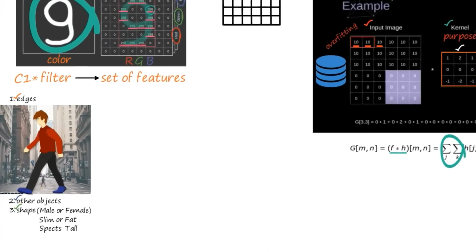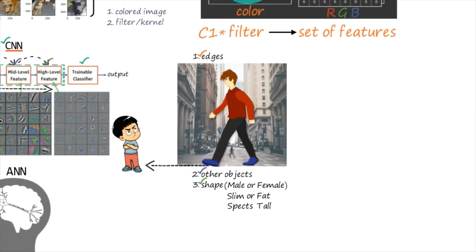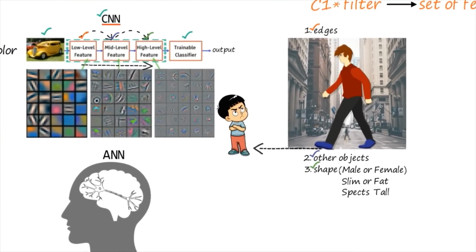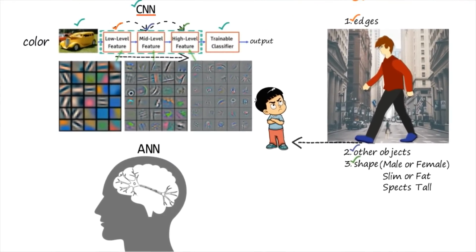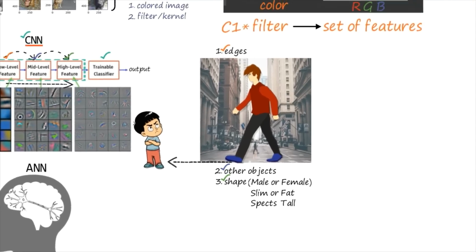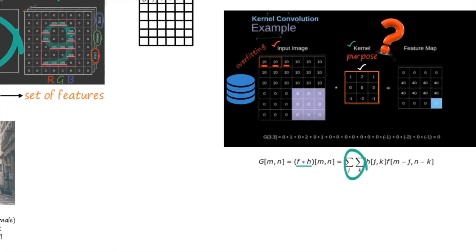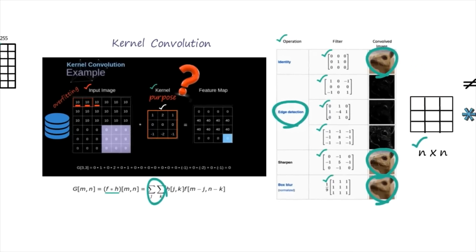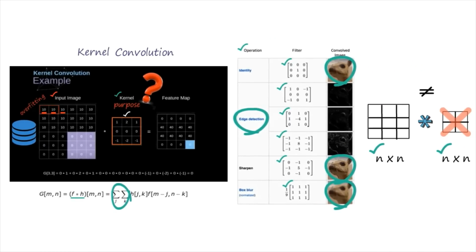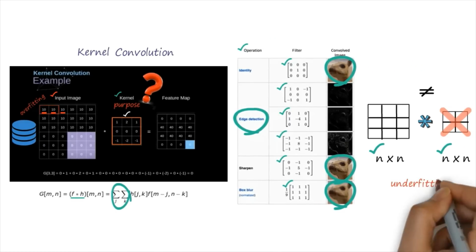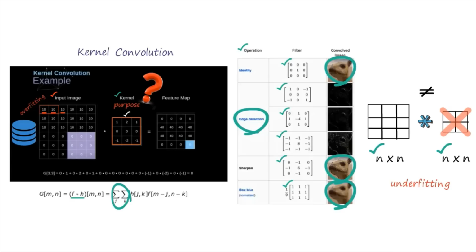But basically in the previous discussion I have explained that from the image we have to extract so much detailed information, meaning the shape of the image, we have to segregate this image from other objects, and detailed information we have to extract. But if the size of the kernel is the same as the size of the image, it will extract only one piece of information and it will result in underfitting. So this is the most important thing you have to realize.